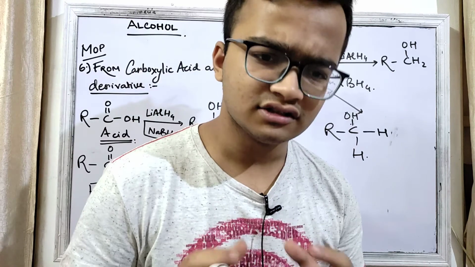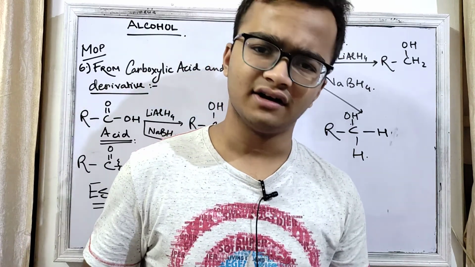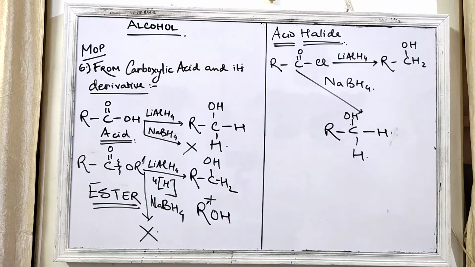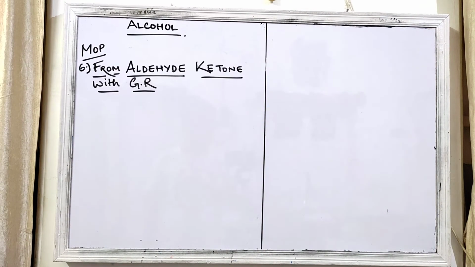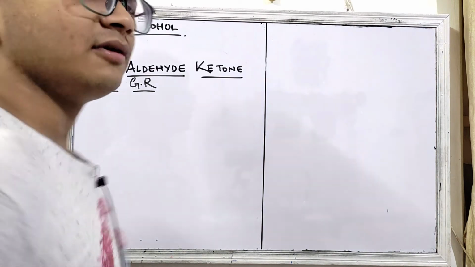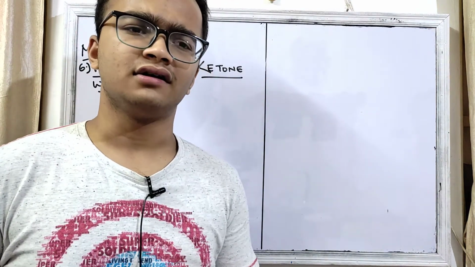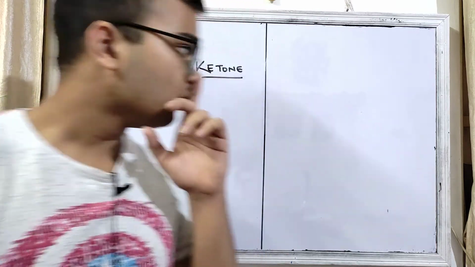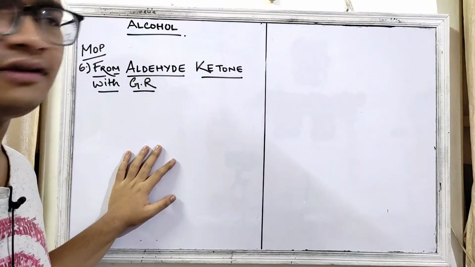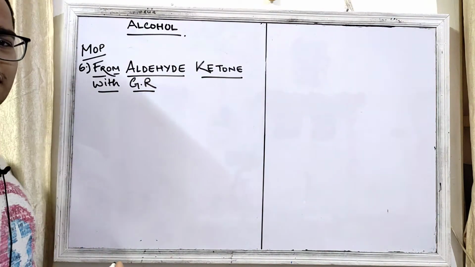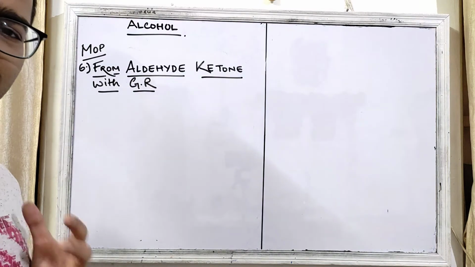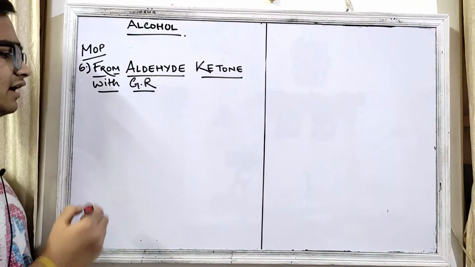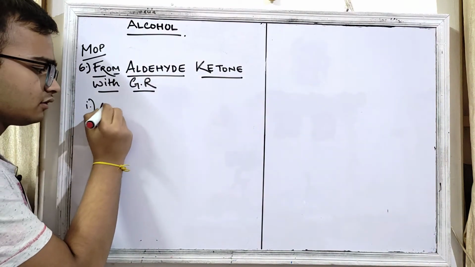Next we will study the preparation of alcohol from the Grignard reagent, which is RMgX. Now we will learn about the preparation of alcohol by using Grignard reagent. We will treat it with aldehydes or ketones. So let's take aldehyde first as an example. We will do this method together with the mechanism so that it is easier for us to understand. So let us take any aldehyde.